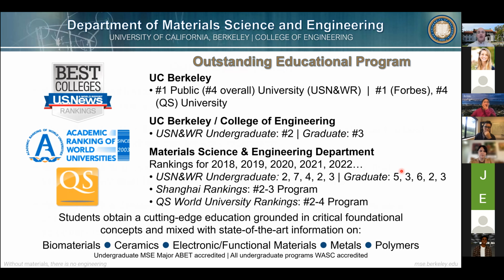The College of Engineering is ranked typically in the top 2 or 3 in both undergraduate and graduate programs. In material science, we're in a similar boat, right? Typically in the 2, 3, 4 range. Occasionally it jumps up and down, but you get the idea that this is a sustained level of excellence that we expect from our program overall. And what that means is we're trying to provide our students with a cutting edge education that balances the foundational critical concepts of material science, but mixed in with state-of-the-art cutting edge research and access to things that you maybe couldn't get at every other place, right?